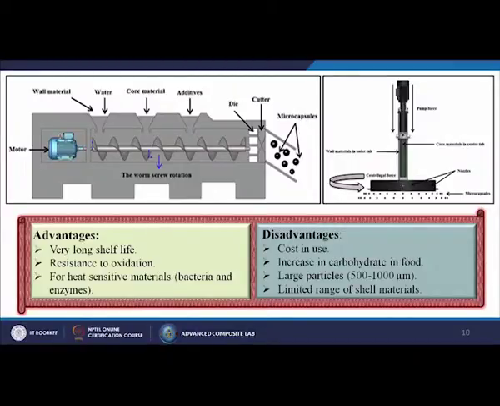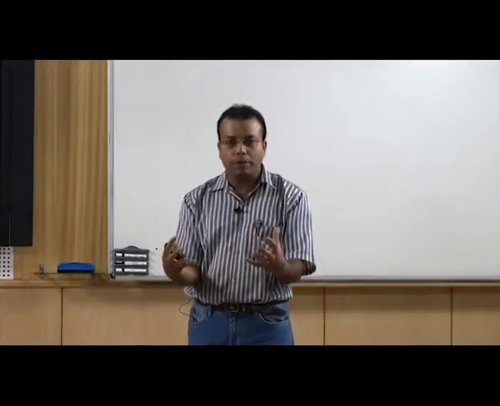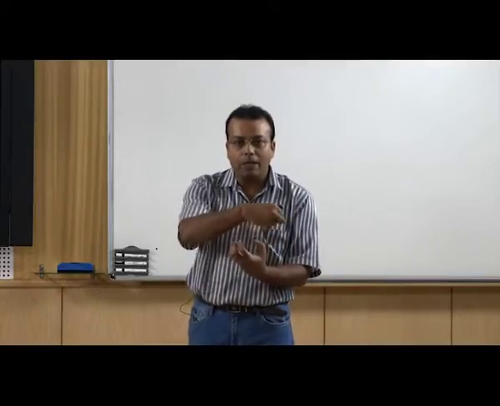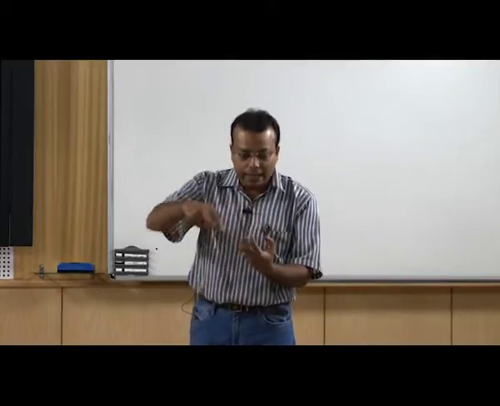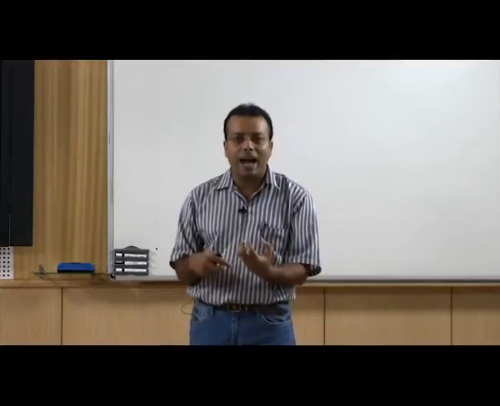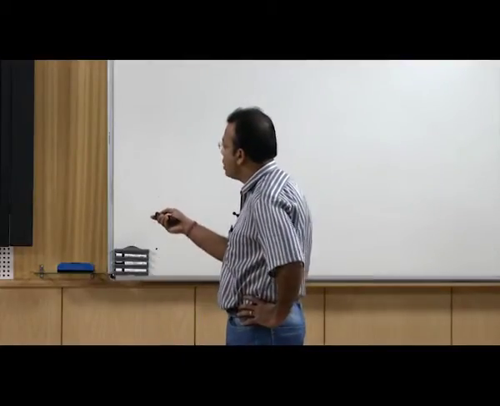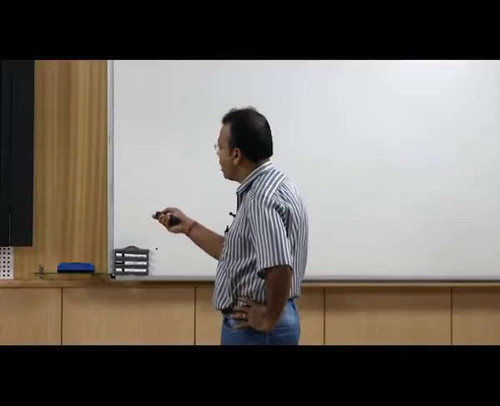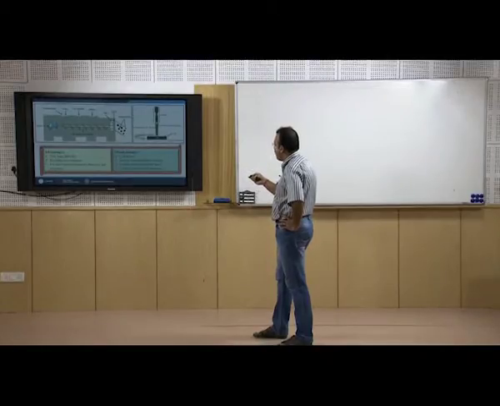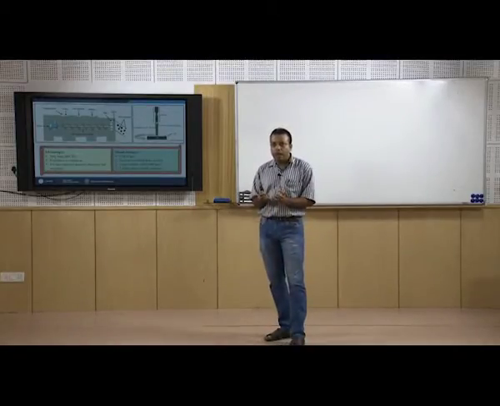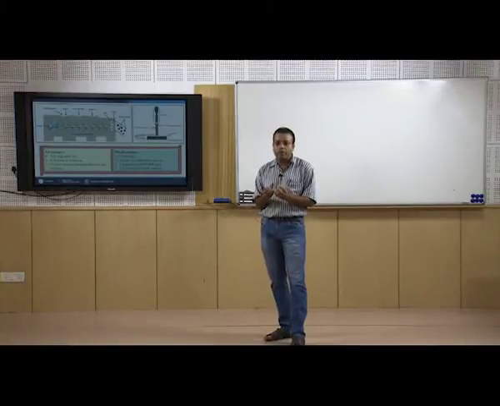So, simply we are pumping that material, and the inside will be your substitute or maybe the core material, and the outside is your coating material. Then the whole thing we are pumping into some device in which we have small holes, and that disc is rotating at a very high speed, so that through those holes the small microparticles or maybe microcapsules come out, and we can collect them in some starch form,